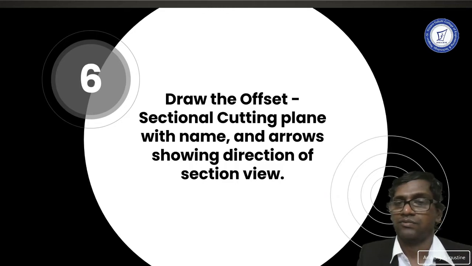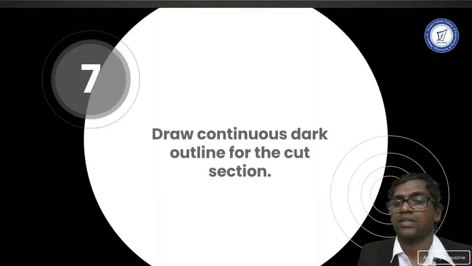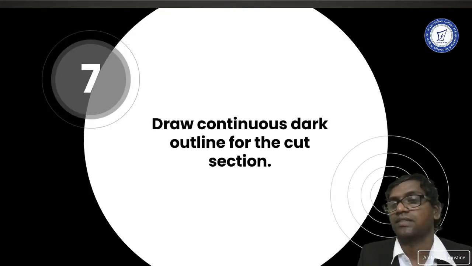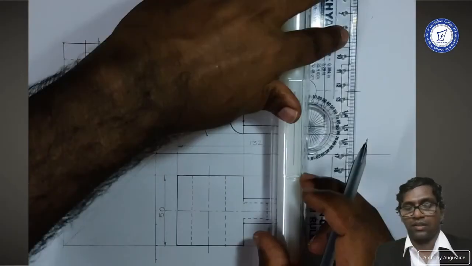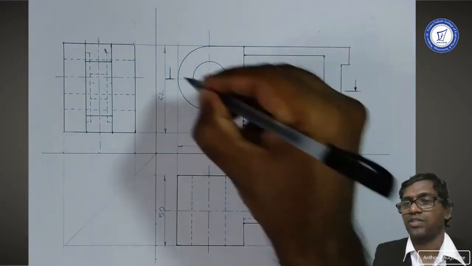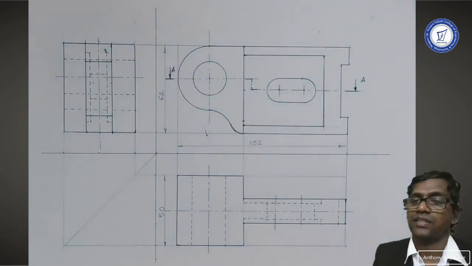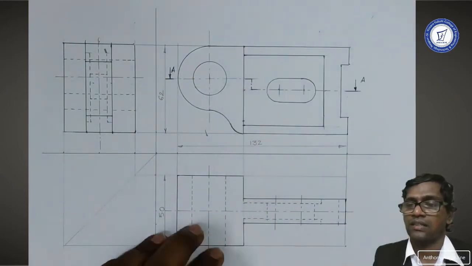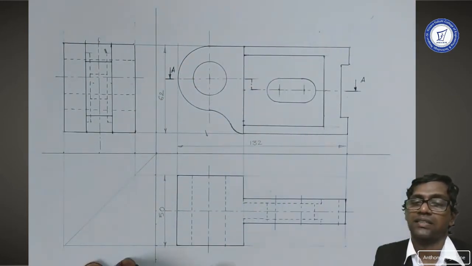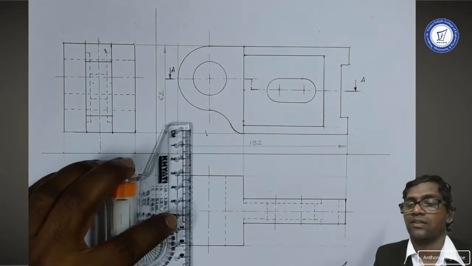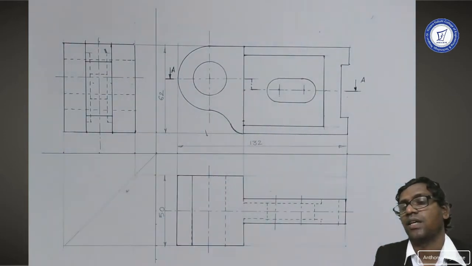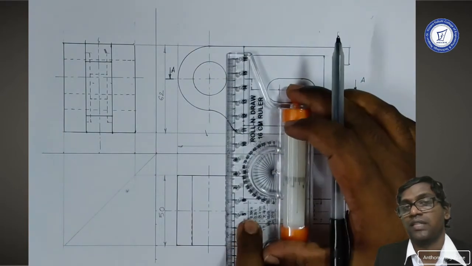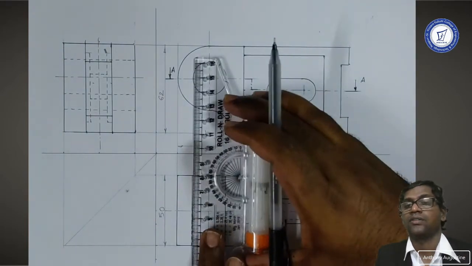Now the next step would be to darken the outline for the cut section. So you can see me draw the directional arrows and giving the name AA, and I'll be converting the outline of the cut section into dark lines because they would be revealed after the top portion that has been cut is removed.